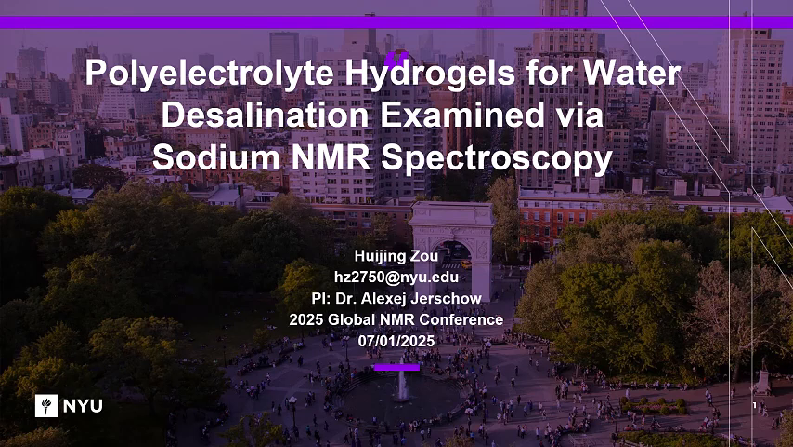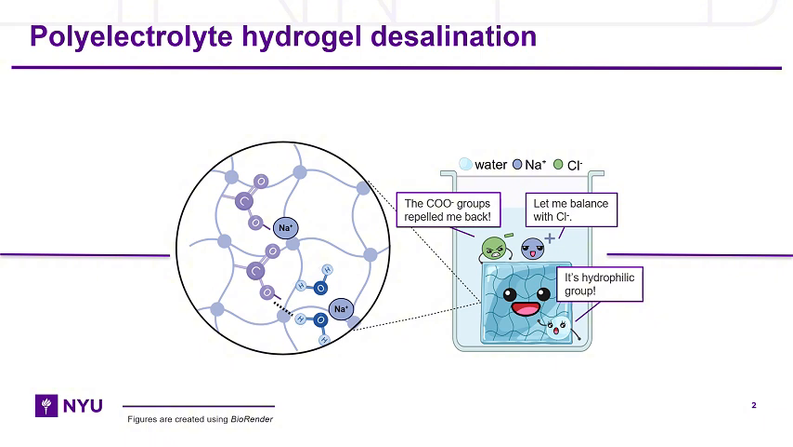My research topic is using NMR to analyze the sodium ions distribution within the hydrogel desalination system. The mechanism of hydrogel desalination is based on the electrostatic imbalance between the fixed charge groups in the polyelectrolyte hydrogels and the surrounding solution. In this project, we are analyzing the desalination of sodium polyacrylate hydrogels, or I will call